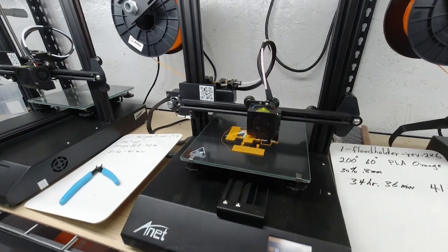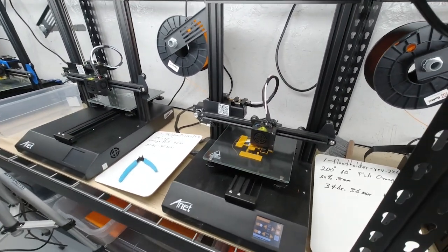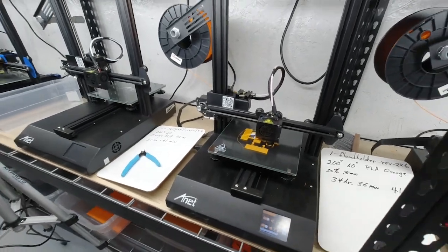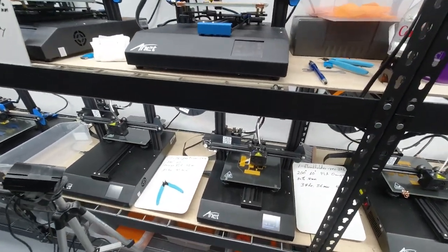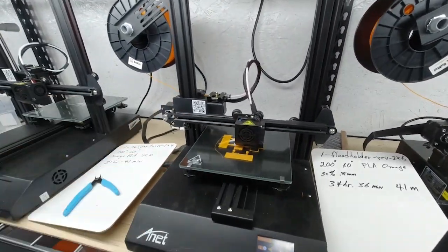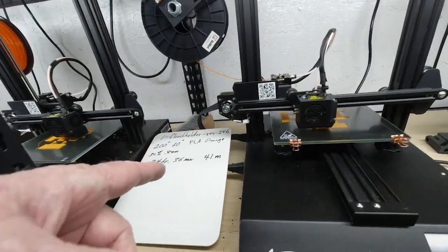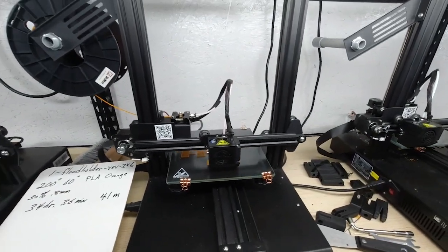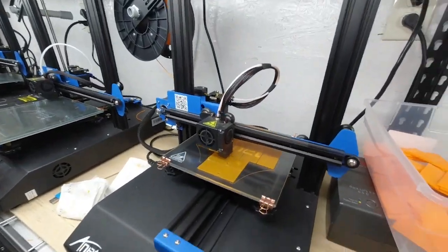Over here, we're going to be printing 4 of the, got it mixed. These are 4 of the tall parts. These are 6 of the flood adapters. The flood adapters. And up here we're printing